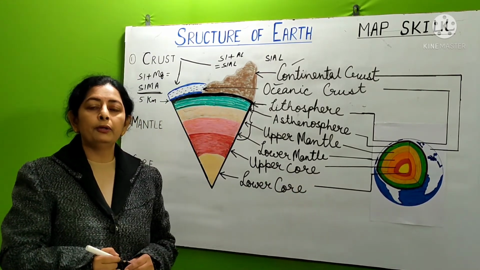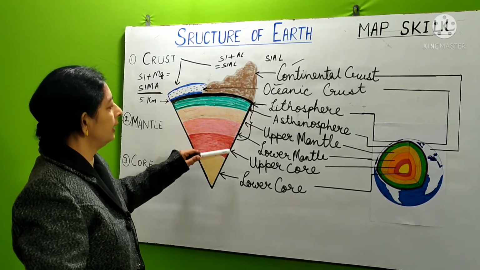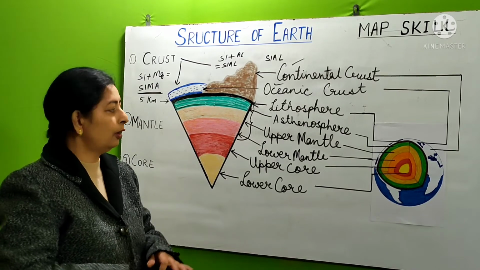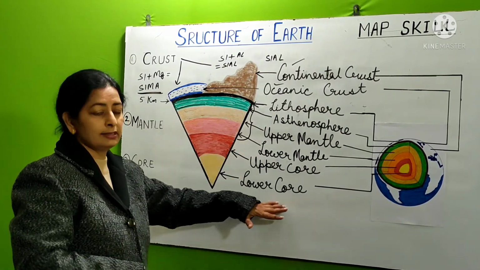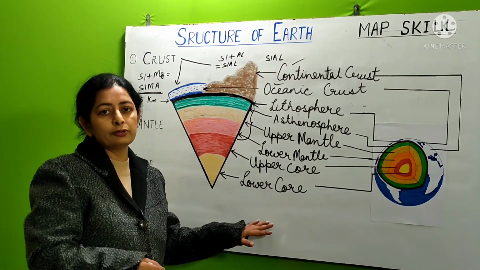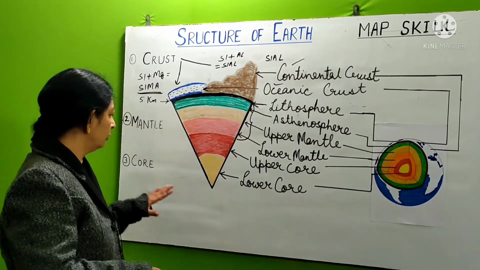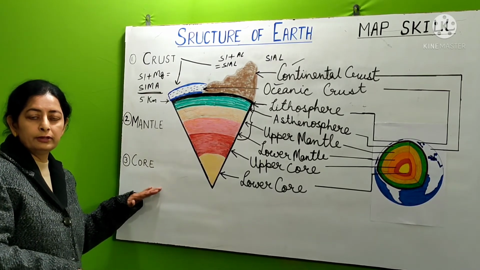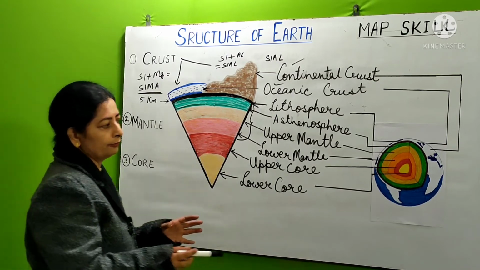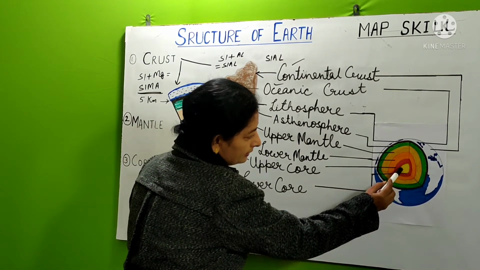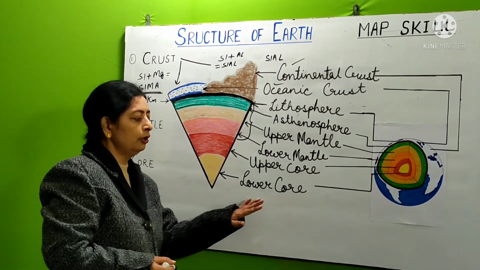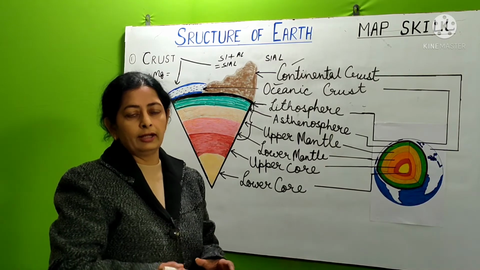Here also, because of the pressure of all these overlying rocks, the rocks are in solid state. All these layers are present, and this is the innermost layer of the interior of the earth. So this is also called centrosphere. The core, the innermost layer of the structure of the earth, is also called centrosphere because it lies in the center of the earth. So this yellow part you can see is the solid rocks, and they constitute the lower core having rigid and hard rocks.